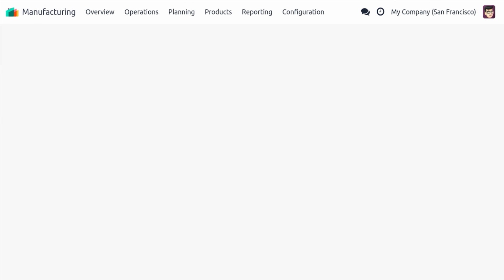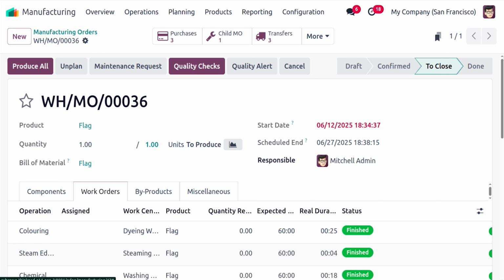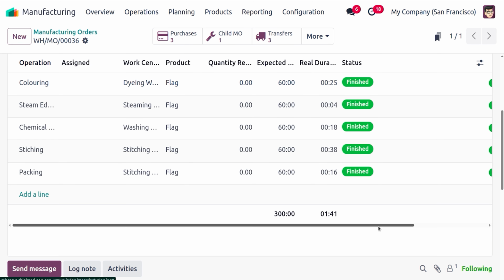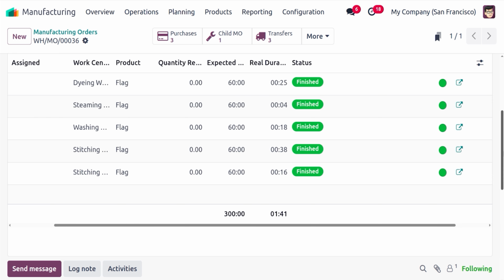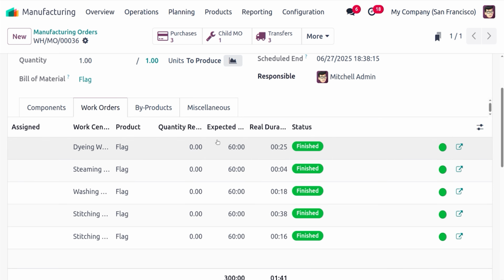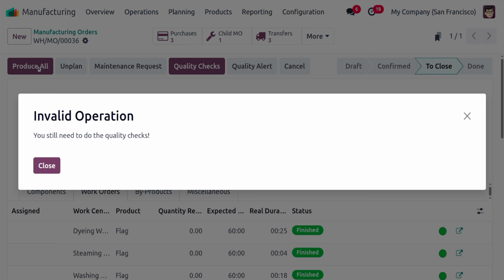Let's refresh the page and check the work order. Here we can see all the work orders are completed, and here we can see the expected duration and real duration is updated here. So the manufacturing process is completed. After completing, it moves into the close stage. But if we try to close it, here we can see you still need to do some quality checks,